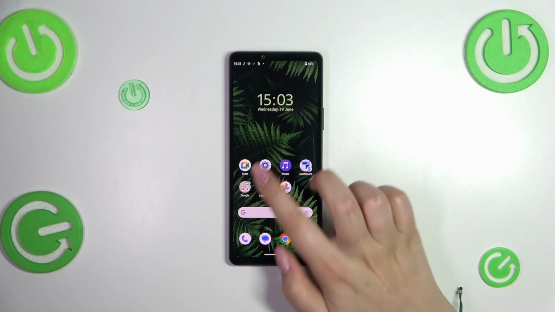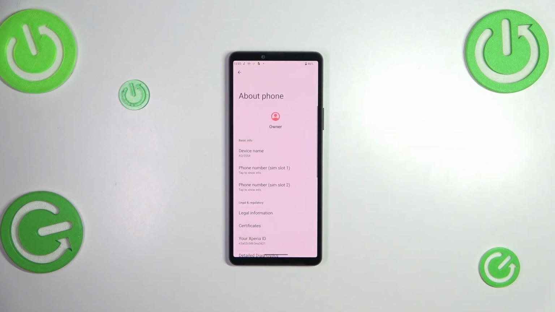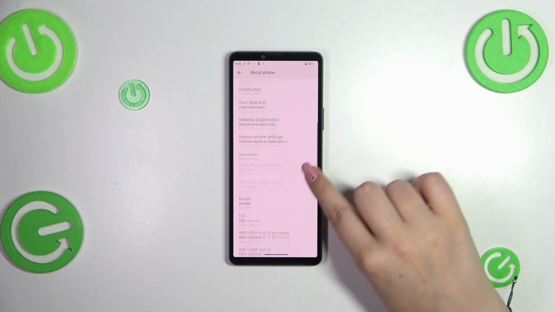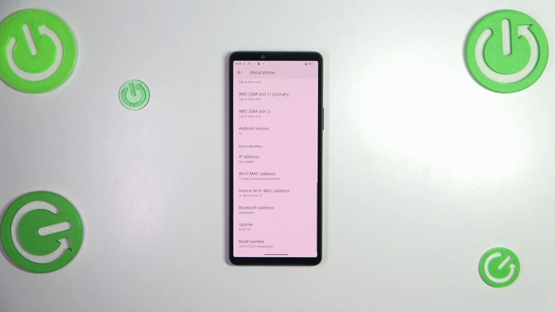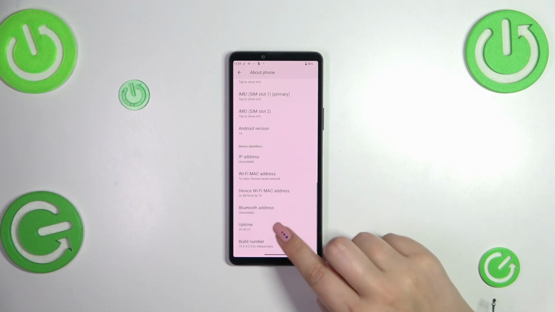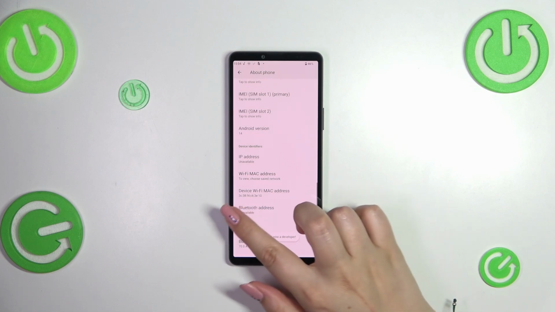Let's start with opening the settings, and here we have to scroll down to the very bottom to find About Phone. Now let's scroll down in order to find a special number which is called build number, and as you can see it is at the very bottom of the list. So now simply keep tapping on it until you'll see that you're in the developer mode,